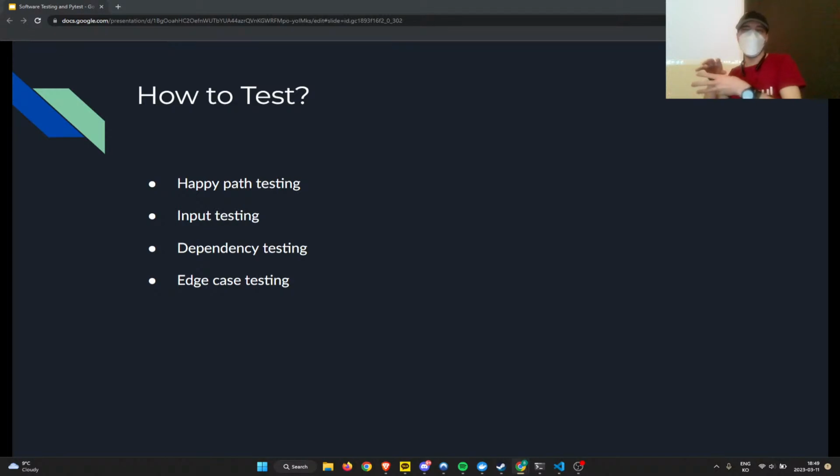Also, if you want to get into funky stuff, you can give it binary inputs, or if you expect some kind of data structure, like maybe a dictionary of a certain format or a map of a certain format, depending on your language, give it an improperly formatted data structure and see, does it just give a random key error with a meaningless error message? And you're like, I don't know what this means. I wouldn't know how to fix this if I saw this in production. Or does it go, hey, the input to this function was bad. It expected this kind of thing, but it wasn't there. Oh, okay, now I have an idea of where the problem is and how to fix it. Okay?